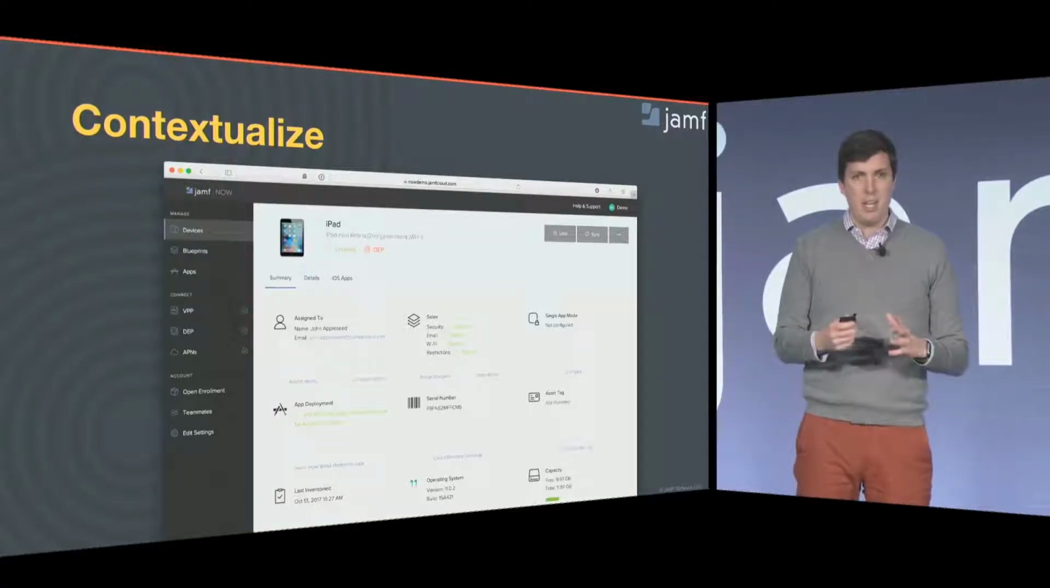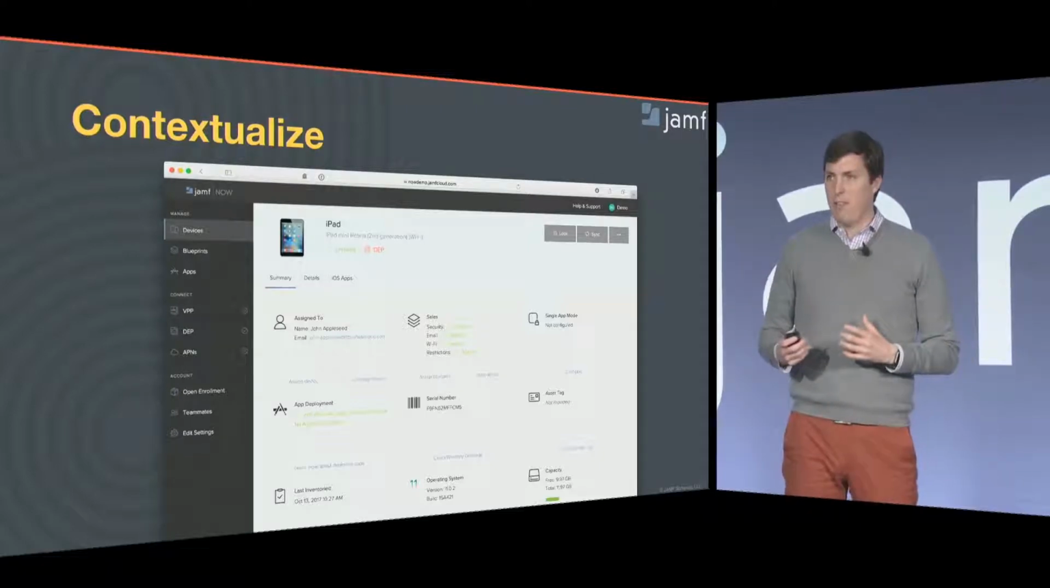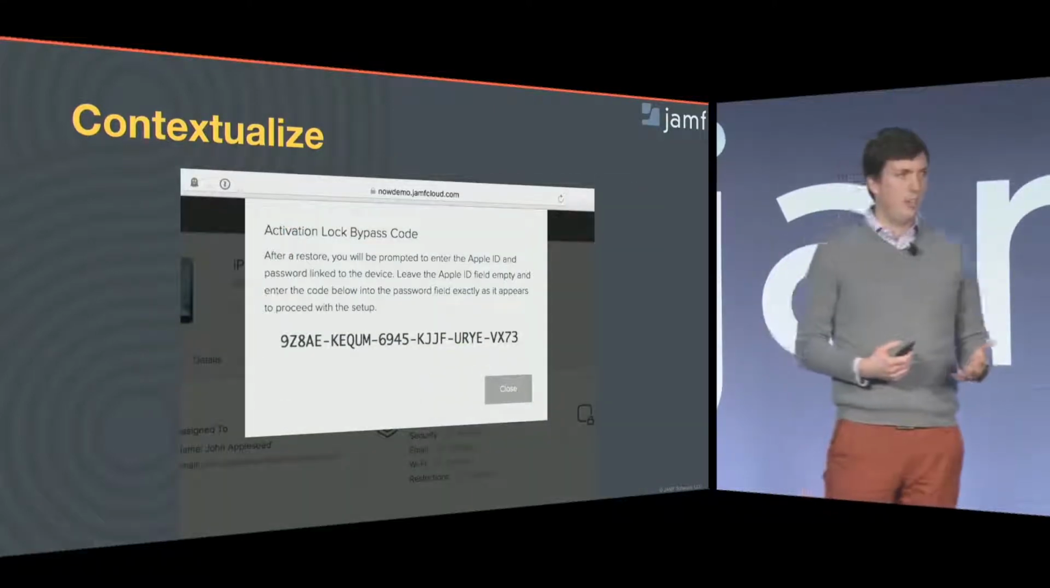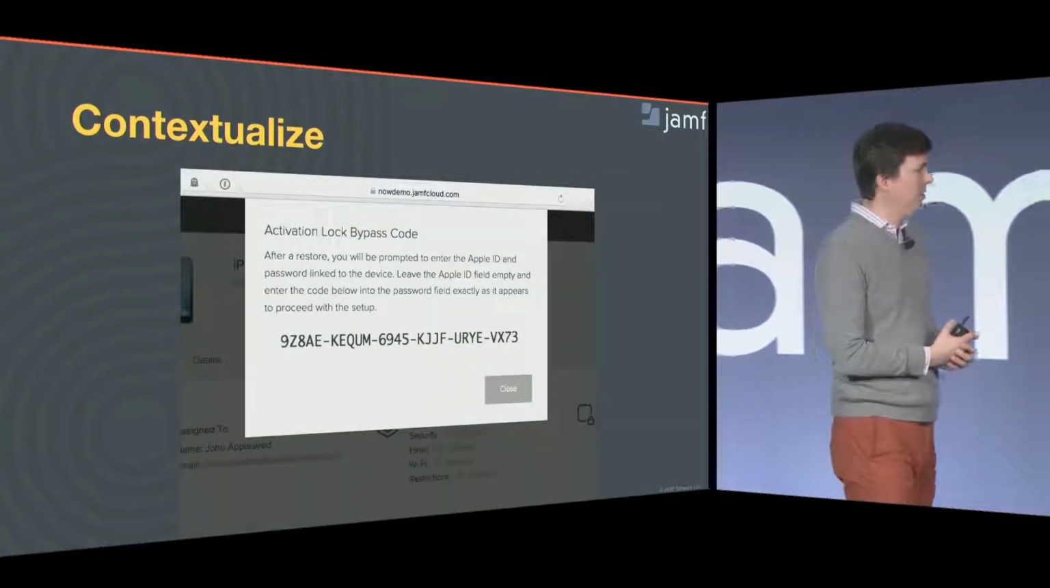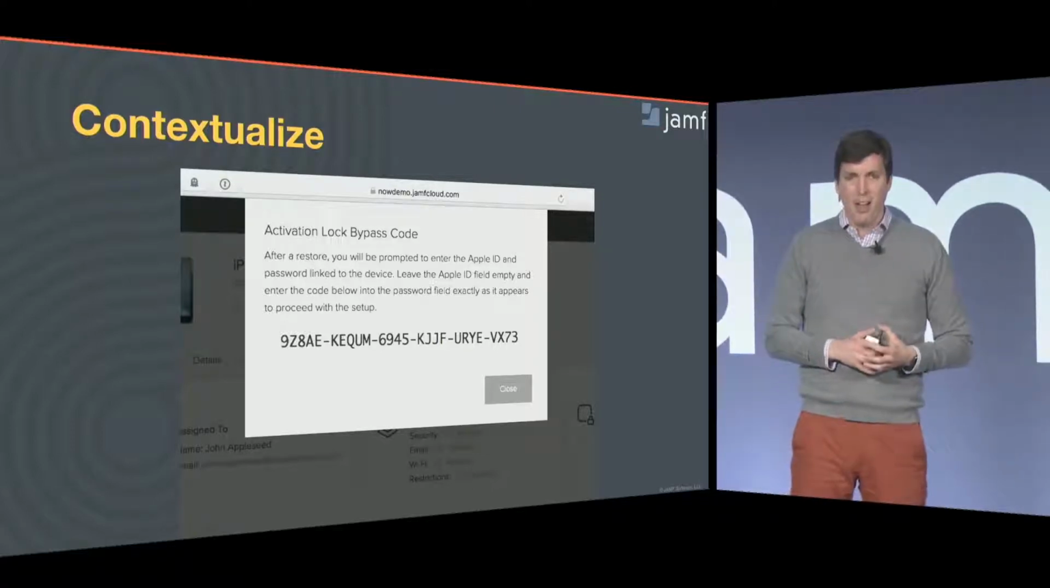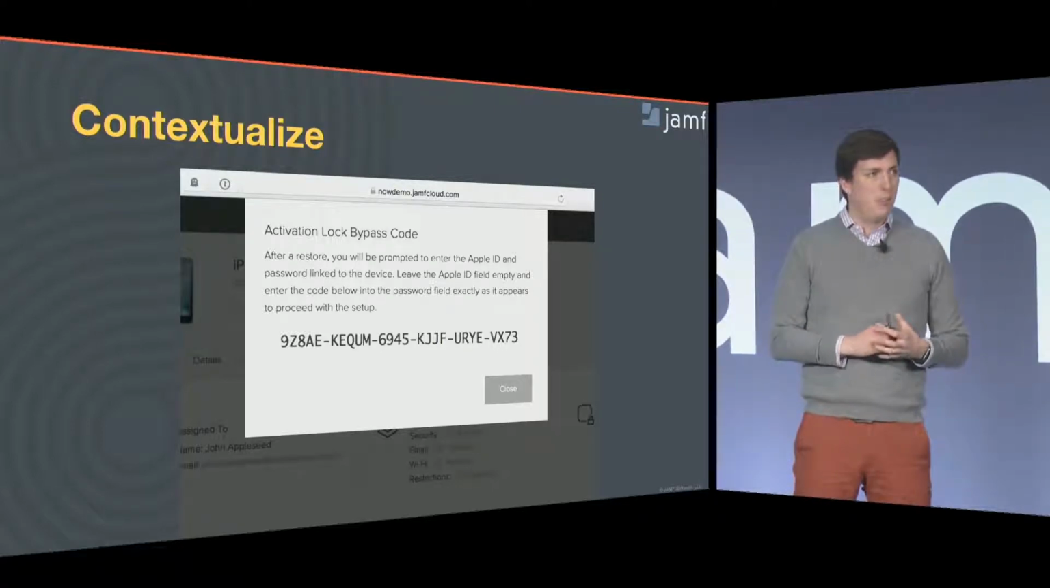Within the MDM command area, we've taken a few of the most commonly requested or most commonly used MDM commands, such as your activation lock bypass code. I guess actually this isn't a command, this is just an inventory item. But this is an example where this was a problem that lots of people have, and it can be extremely